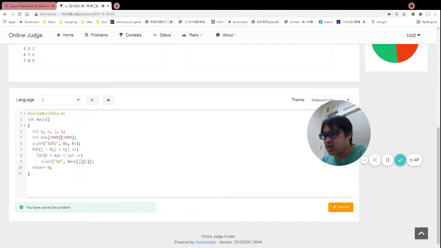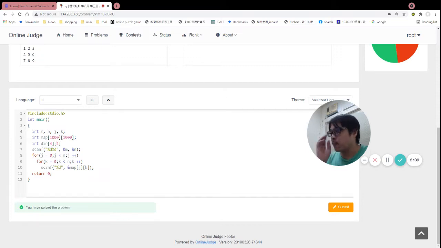Let me see how I can solve this. Okay, I'm going to use a smart way to solve this. So I'm going to create another array. It's a two-dimensional array called direction, dir. It's a 4 by 2 array, and the initial values will be